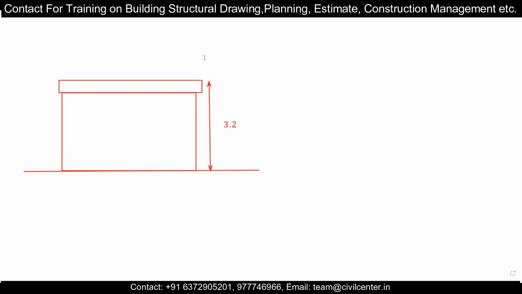And generally in the case of roof beams, you'll find that the minimum depth of the roof beam is around 0.3 meters. So let the roof beam be 0.3 meters. So what will be the clear height available for the wall? The clear height will be 3.2 minus 0.3, which equals 2.9 meters. So 2.9 meters will be available for the brick wall. Okay, we're going to consider this, and now we're going to see a section of the wall.